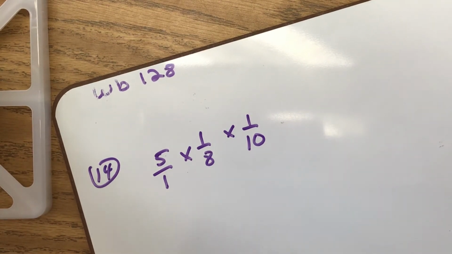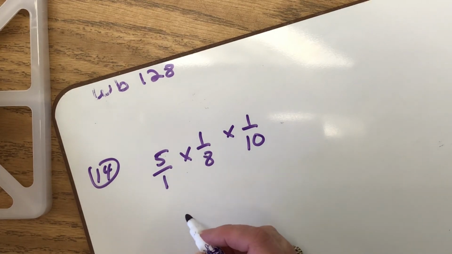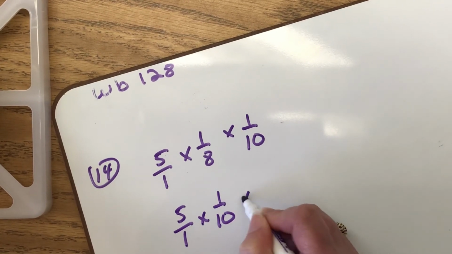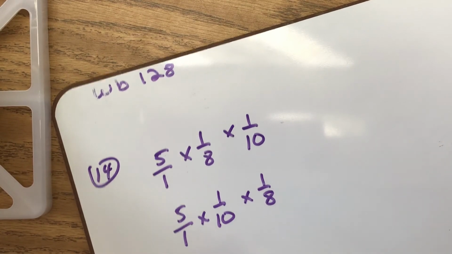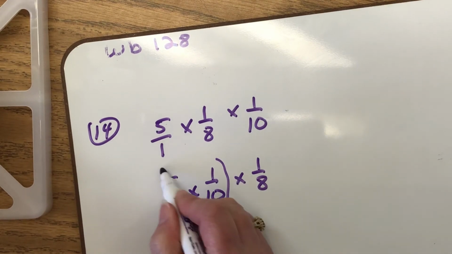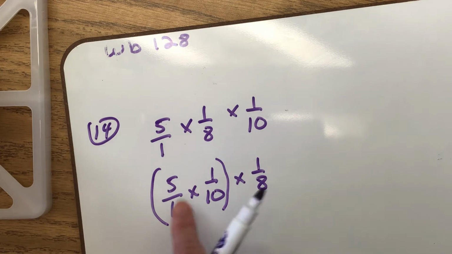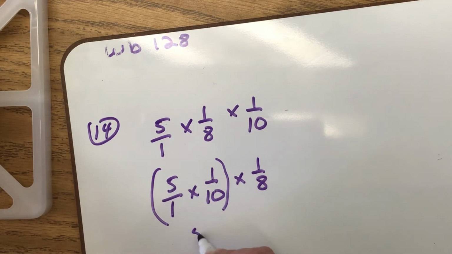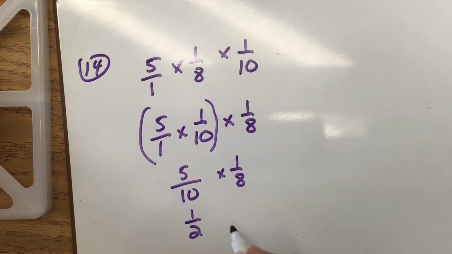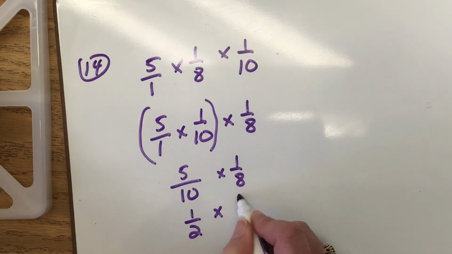Okay. The first property we're going to use is the commutative property, which means we're going to change the order of the factors. So I'm going to change this to 5/1 times 1/10 times 1/8. So I use the commutative property to change my order. Now I'm going to use the associative property, and I'm going to group these two fractions. So now if I multiply 5 times 1 is 5, and 1 times 10 is 10. So that's 5/10 times 1/8. And I know that 5/10 is the same thing as 1/2 in simplest form. So now I have 1/2 times 1/8,